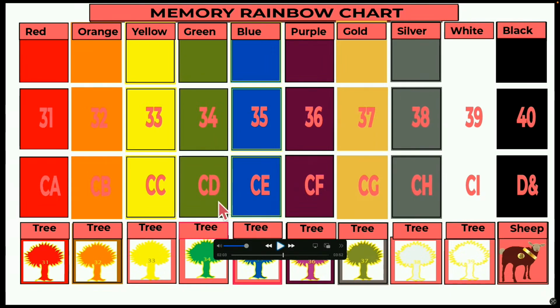So you have a green tree, right? Blue tree, CE. Purple tree, CF. Golden tree, CG. Silver tree, CH. White tree, CI. And black tree, D amp. Okay, perfect. Let's take a look at